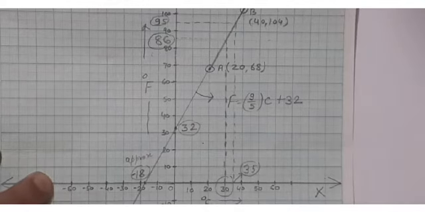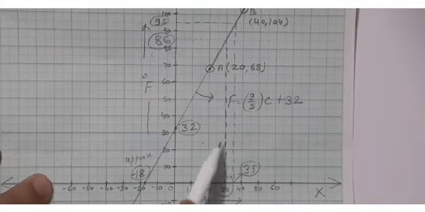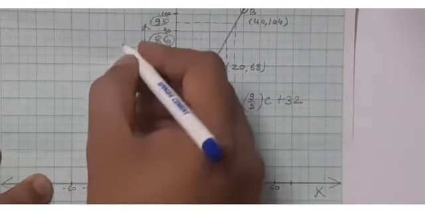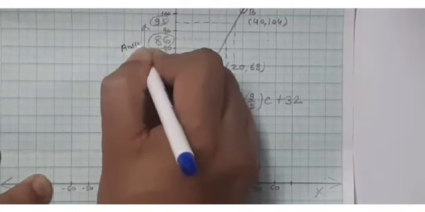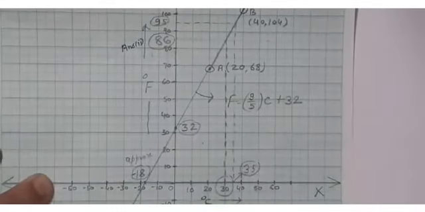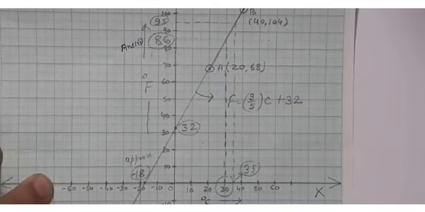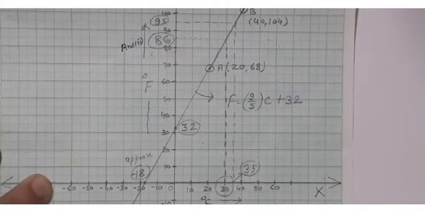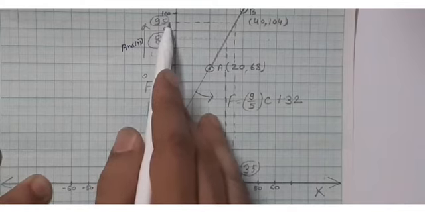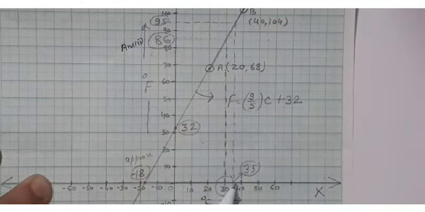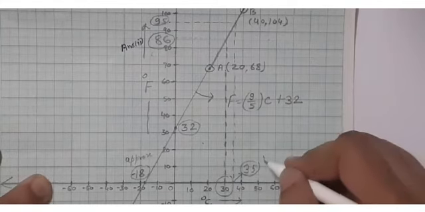Yes. Now our first question, second part is, if temperature is 30 degrees Celsius, what is the temperature in Fahrenheit? Just you see, this is your 80, this is your answer number 2. If temperature is 30, you will get temperature in Fahrenheit. It is 86 degree Fahrenheit. Now, third part, if temperature is 95 degree Fahrenheit, then what will be the temperature in Celsius? See, this is 35 degrees Celsius. So this is your answer number 3.